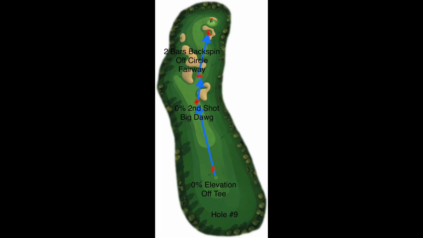So if we don't have enough distance off of our drive, we won't be able to get onto the green for an easy eagle chip or a nice shot for an albatross, to be honest. But our second shot here, I would play this one with 0% elevation as well, and play this one with just a couple bars of backspin, straight at the pin, make your wind adjustment, and basically shoot it straight at the pin. You could definitely get a nice albatross on this hole if you make that shot. But if not, you'll be very close, and you'll have a nice eagle opportunity right there next to the hole